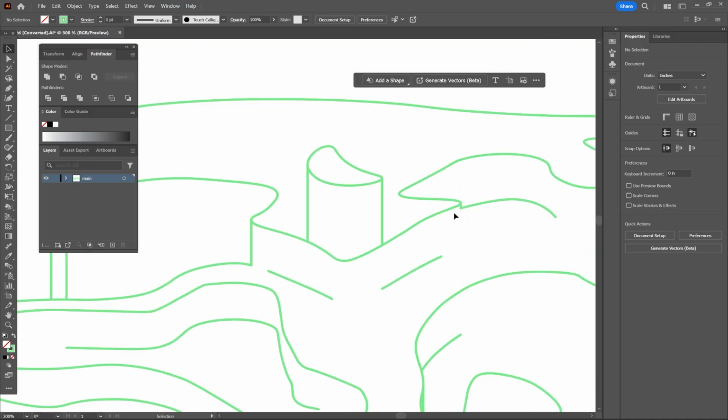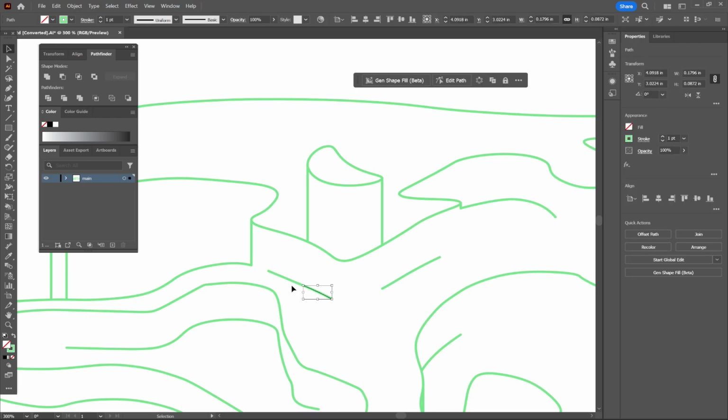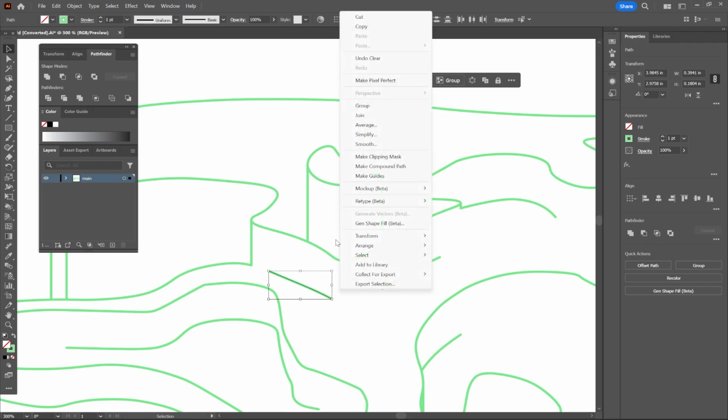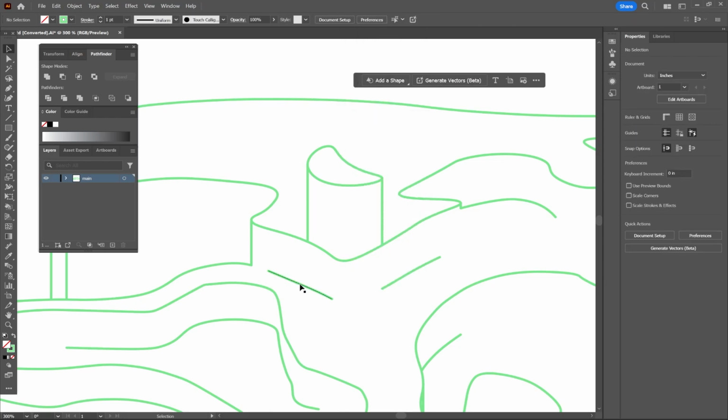That way when I go in to color it, I don't have any inconsistencies. So right now these lines are different segments. This is just an automatic thing that Rhino does. I'm going to select these different line segments by holding down the Shift key and clicking on the next one. That way it allows me to select more than one thing at once. And then I'm just going to right click and hit join. Now it's just one line.